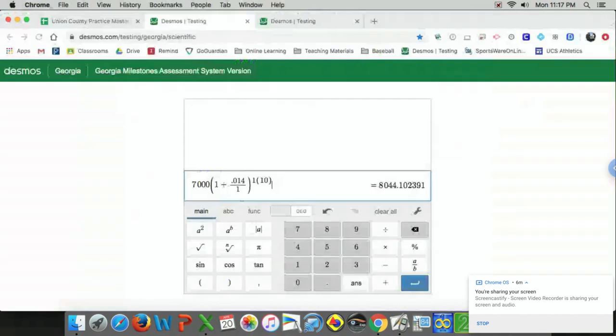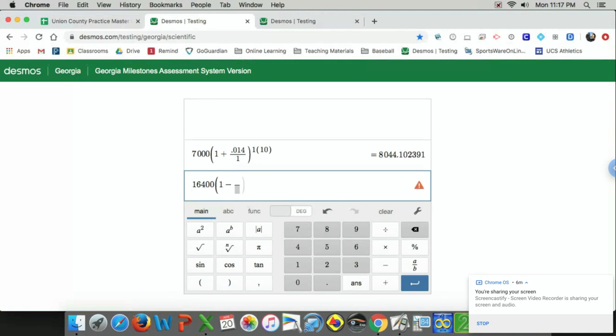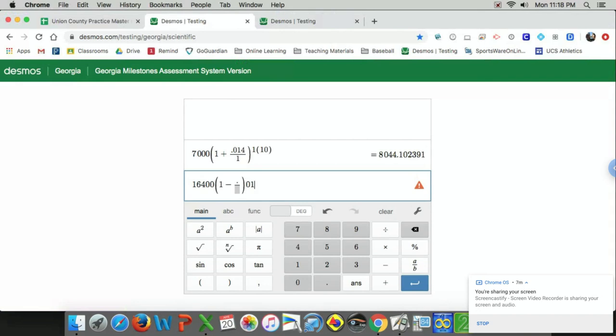So now we're just going to go back to our calculator. And so we have 16,400 parentheses 1 minus the fraction 0.013 over 1 outside. Raise it to 1 parentheses 20. And so now we get